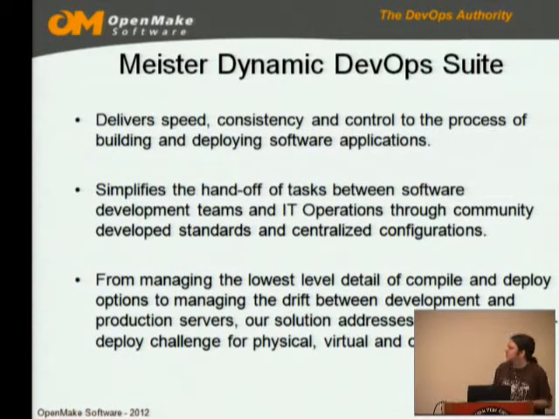Basically, we want speed, we want consistency, control of the process, insight into what's going on at any given point in the process, so that there can be straightforward handoff between the software development teams and IT operations,